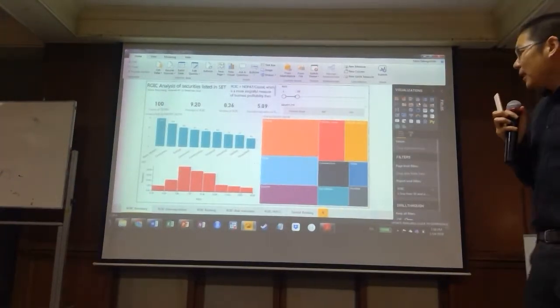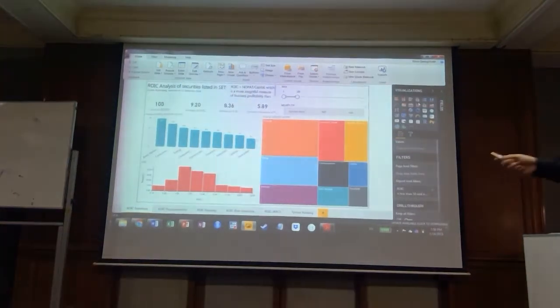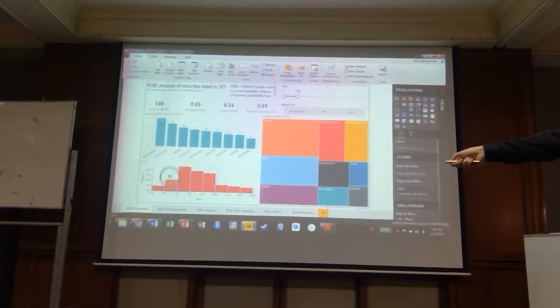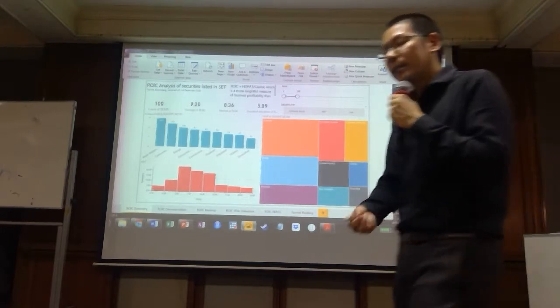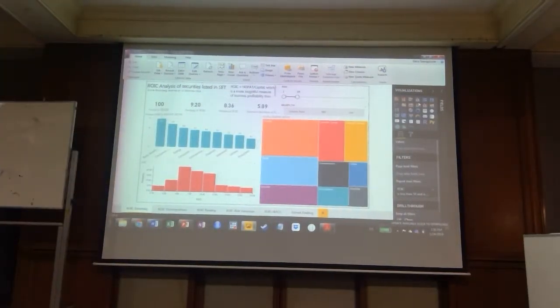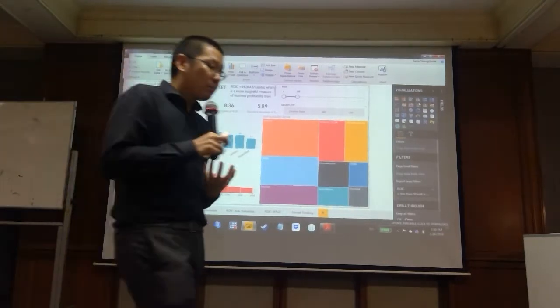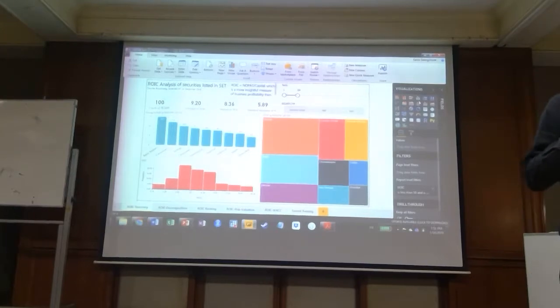So I just want to give a little sense of the distribution of what the ROIC numbers are like. The bottom left part is the histogram, and this is the average ROIC by industry sector as classified by Bloomberg. The industry classification by Bloomberg is very broad, so they lump a lot of different companies together in one group. But if we have